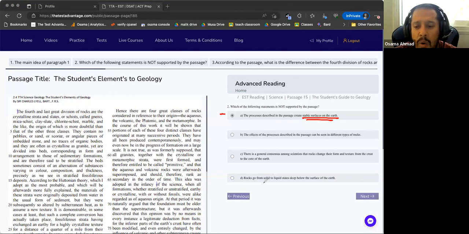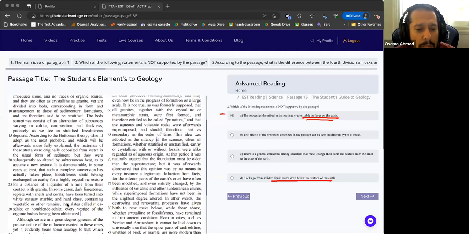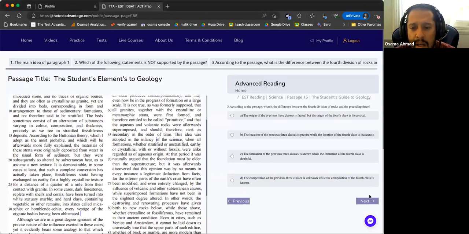And answer D, rocks go from solid to liquid state deep below the earth. ده طبعا موجودة برضو. It is formed deep below the earth. مش فاكر فين. I hate these questions عشان الquestions دولت بيجبرنا نقعد ندور, بس جاية في آخر paragraph number 1, I think. جاية في آخر paragraph number 1, right? So I liked answer A. لو عندكم أي أسئلة ابعتوا لي في الchat.